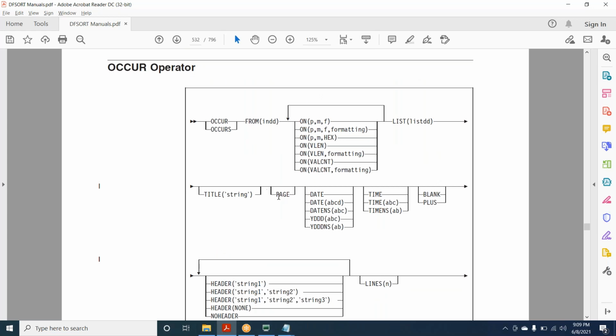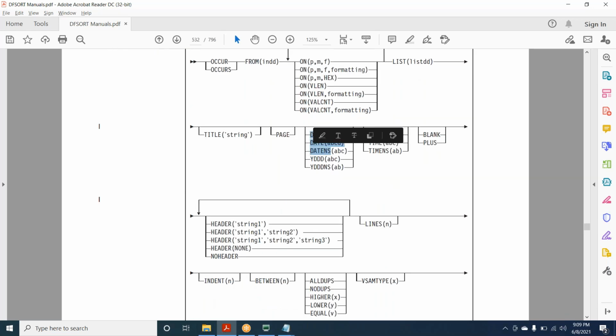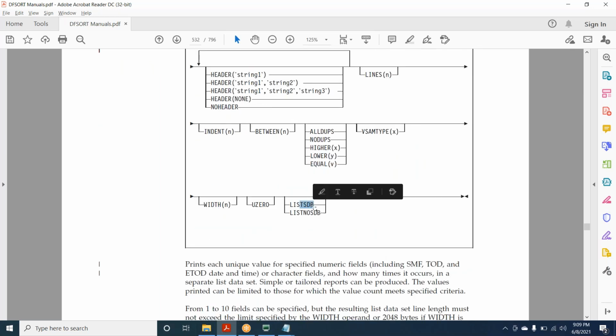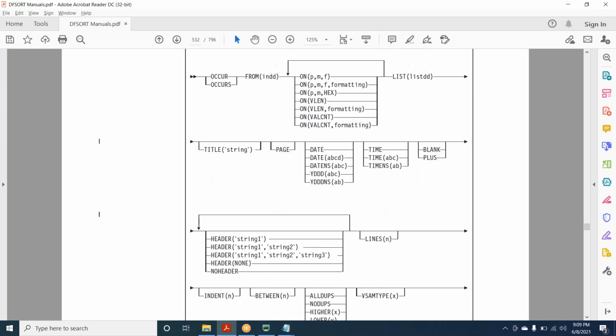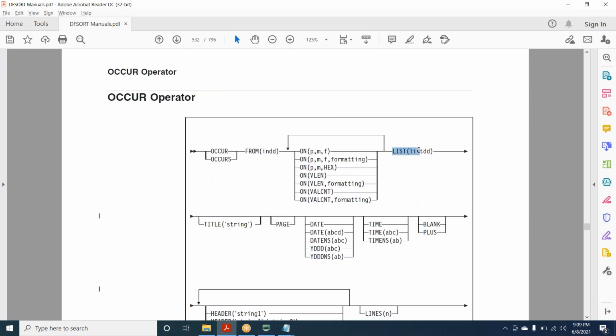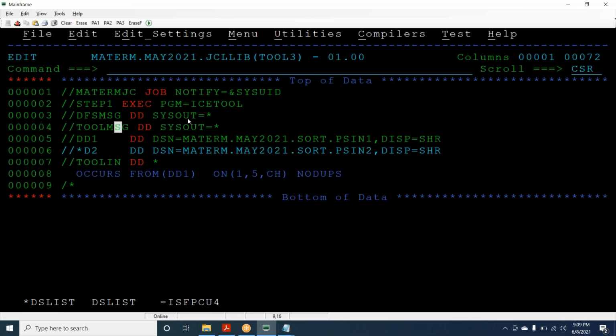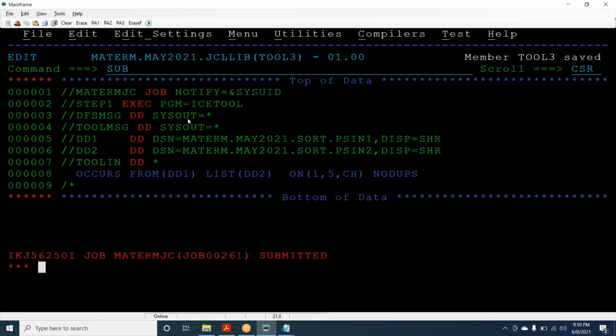There is asking again here also, data points and all. The LIST option is missing. So I will be writing LIST from DD2. Save and submit.